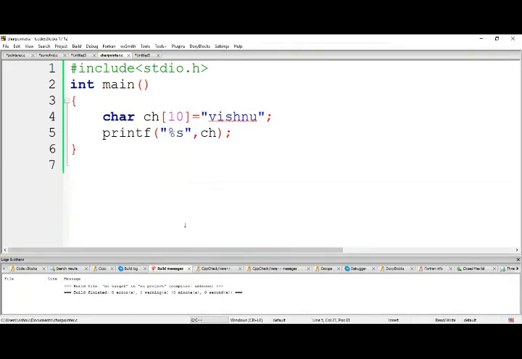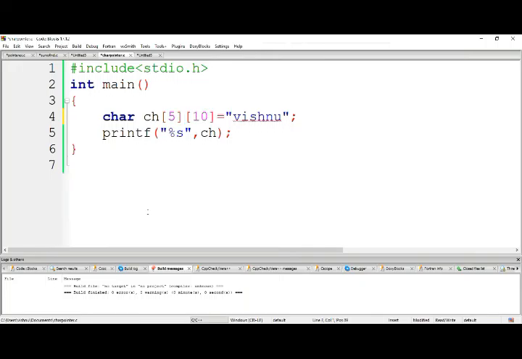Okay. Now what I require is, here ch will hold only one string value, but I require a string array. How can you create that? By simply placing extra braces. Here, the first subscript denotes the number of rows, and here each row.